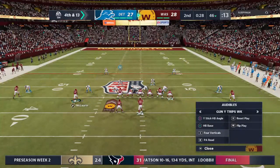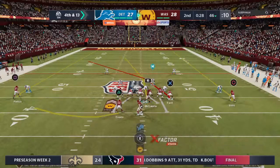Check that. We're Mike 52. 70 Lion. 60 Bobcat. 60